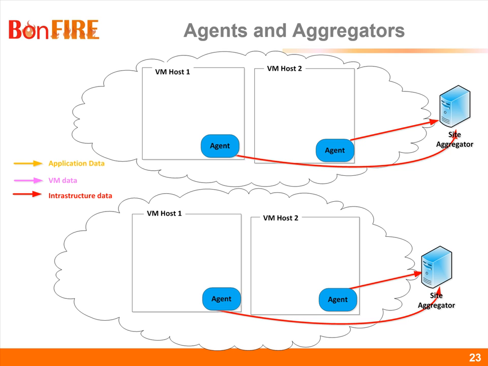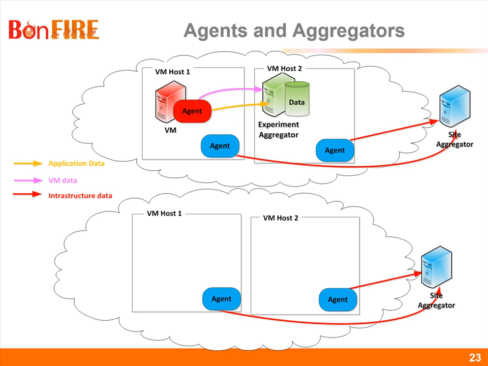Then you as an experimenter start an aggregator, a Zabbix aggregator VM. In this case, we depict it with attached data. And what happens then is you create another VM with its own agent, and this generates yellow application data and puts them into the experiment aggregator. It also generates automatically, because BonFIRE is configured that way, VM data and puts them in your experiment aggregator. And the other thing that happens is that automatically, because you have started a VM on the host of the aggregator, you get